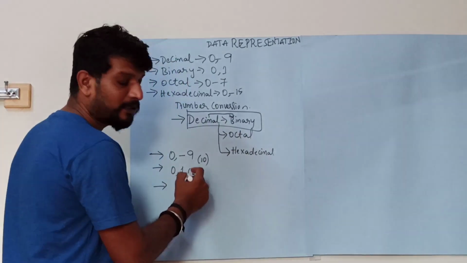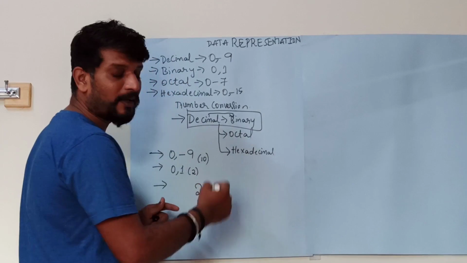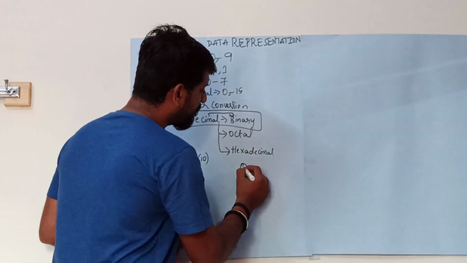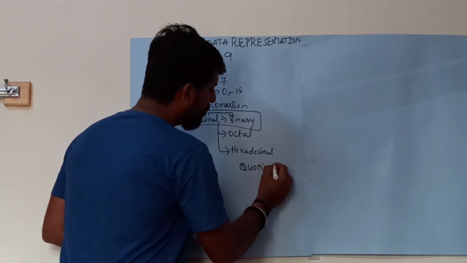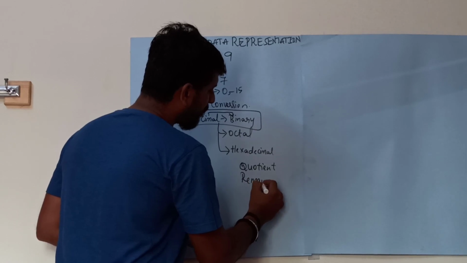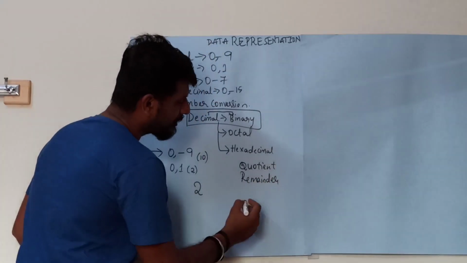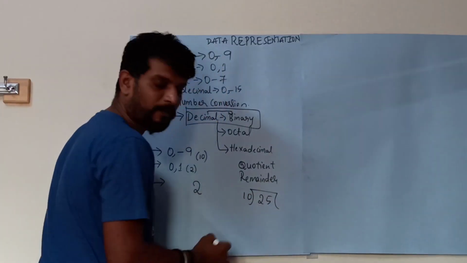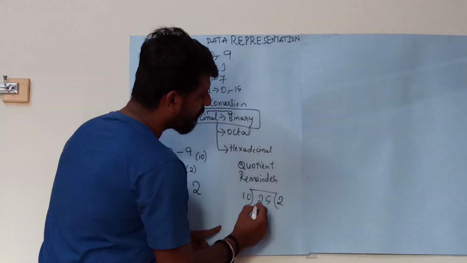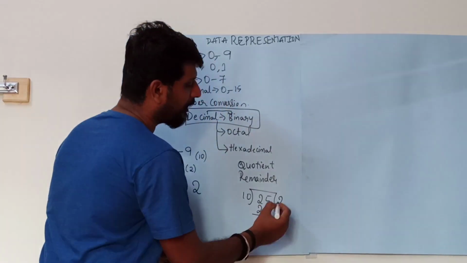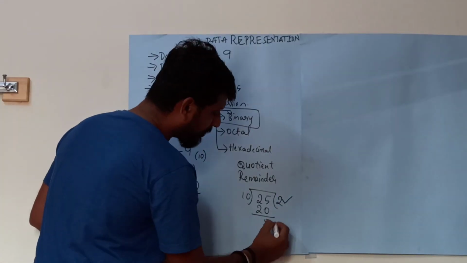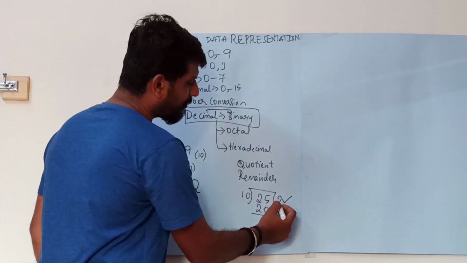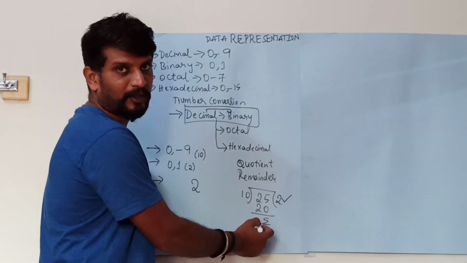Firstly, you have to divide the number by 2, and whenever you divide any number, you will get two different things. One is called the quotient, and the other is called the remainder. Suppose, let us consider, I am dividing 25 by 10. Okay. So what happens? 10 twos are 20. 5 will be the remainder. This is called the quotient, and this is called the remainder. So whenever you divide any number, you will get two things: the quotient and the remainder.